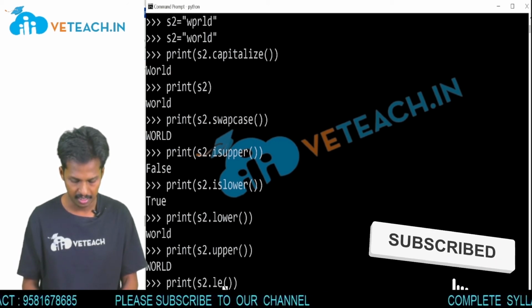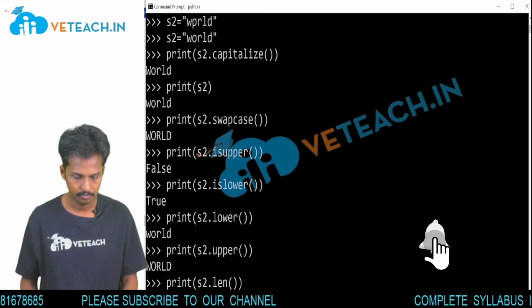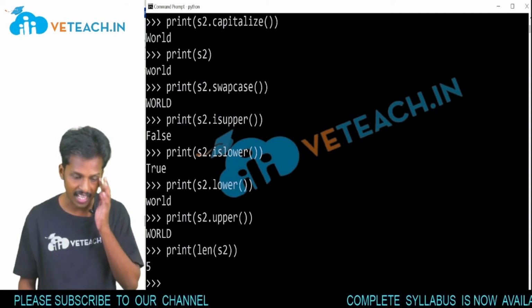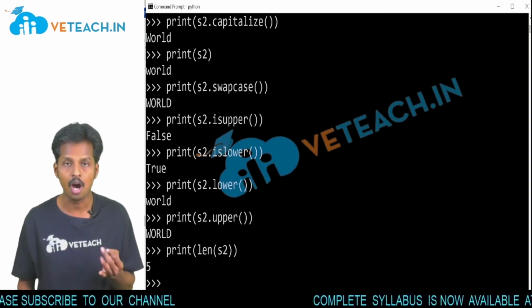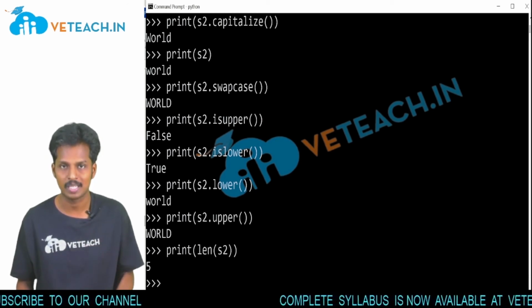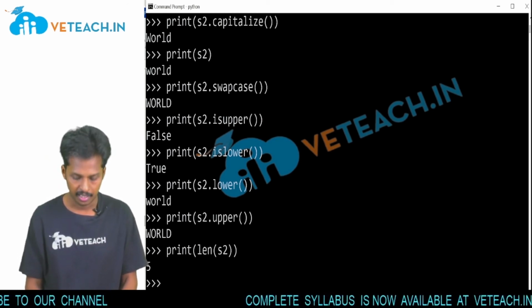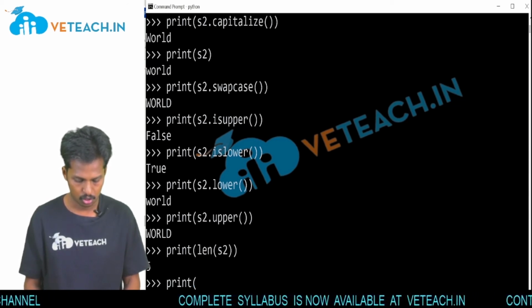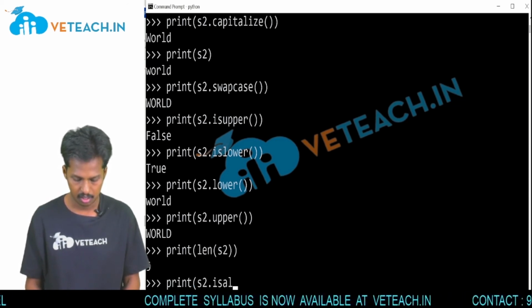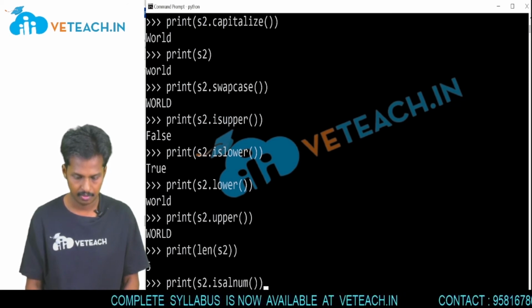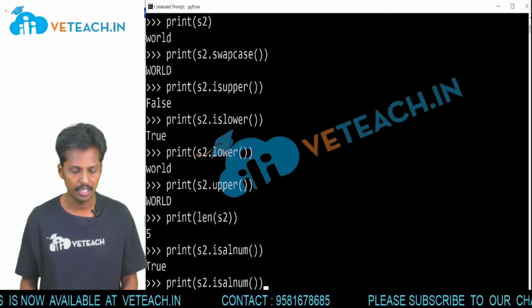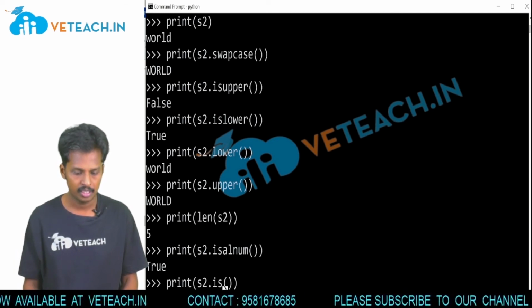Now use len of s2. It returns how many characters are present in the string. That is WORLD. Those are 5 characters present in the string. Next, print s2.isalnum. It contains at least one character, that's why it is going to print True. Then isdigit.